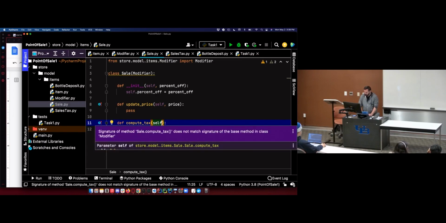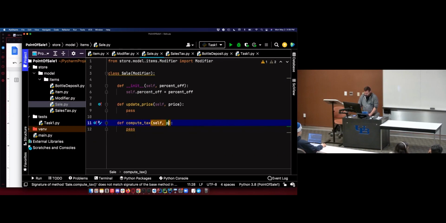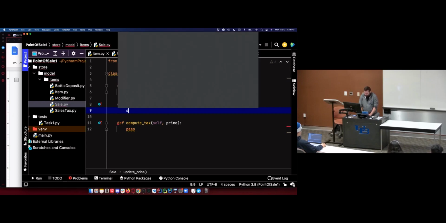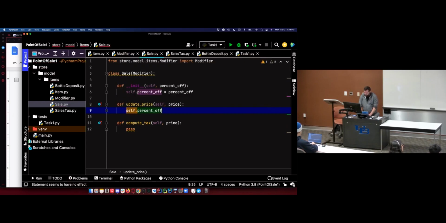Signature from the base method in class modifier does not match. Cool. I like that. Price. So I can't overload the methods is what it's saying. And then update price is going to be percent self dot percent off over 100.